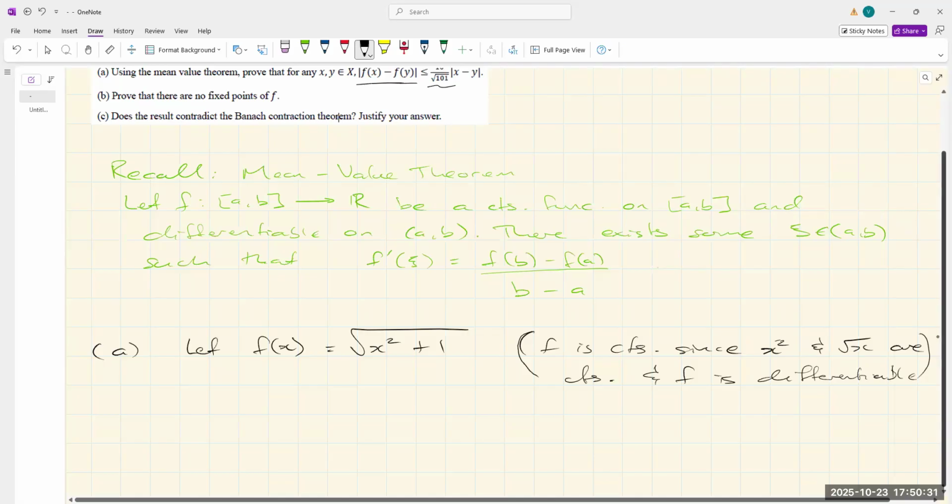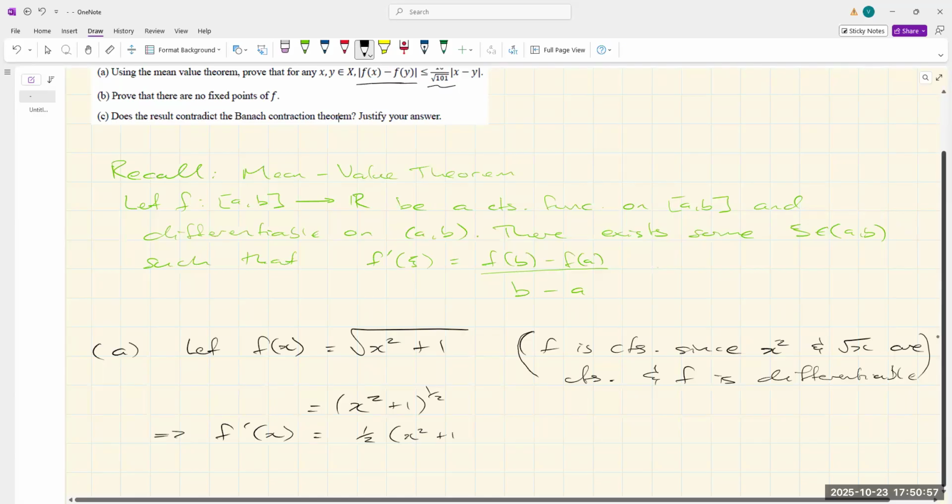Okay, f is also differentiable on this interval. So let's find its derivative. It's x squared plus 1 to the power of 1/2. So this means the derivative of f, right? So this will just be